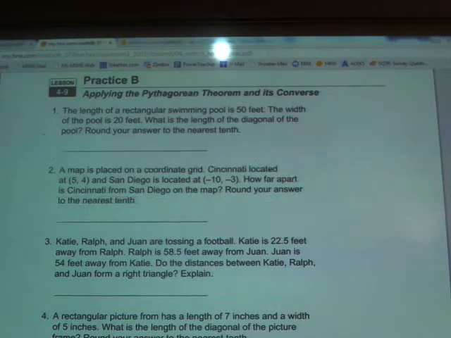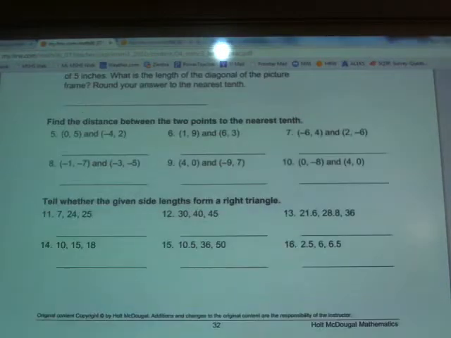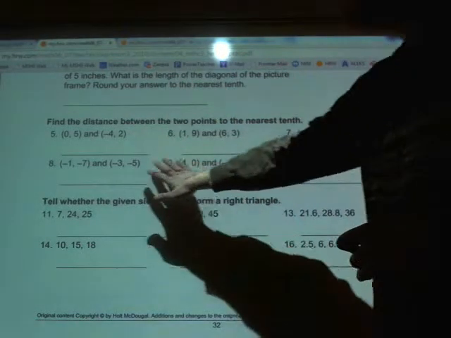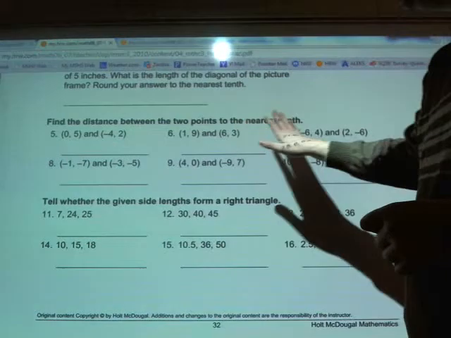All right, let's go ahead and scroll down and take a look at some of the questions at the bottom of the page here now. In questions 5 through 10, they're asking me to find the distance between 2 points to the nearest tenth. So this is, again, me using that exact same distance formula that we just used. It's just not in the context of a story problem. So as you can see in 5 through 10, you're going to be using that same formula for each one